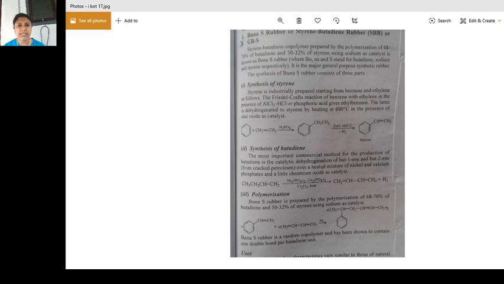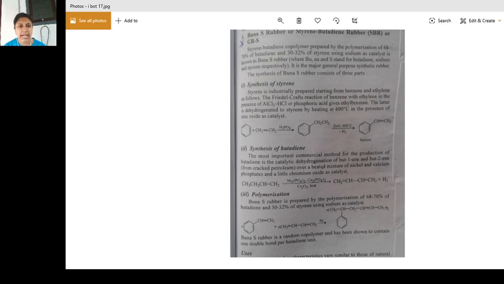Then first of all, how to synthesize styrene? What is styrene? Styrene is synthesized from benzene. It is industrially prepared by the reaction between benzene and ethylene. Ethylene reacting with benzene in presence of phosphoric acid, followed by Friedel-Crafts reaction of benzene in presence of aluminium chloride and HCl or phosphoric acid, gives ethyl benzene, that is C6H5CH2CH3. That on dehydrogenation with zinc oxide at 600 degrees Celsius gives a